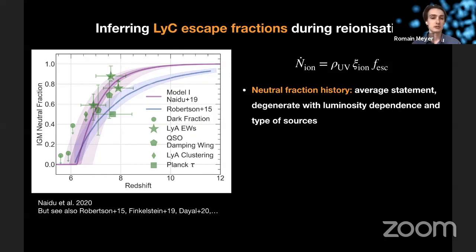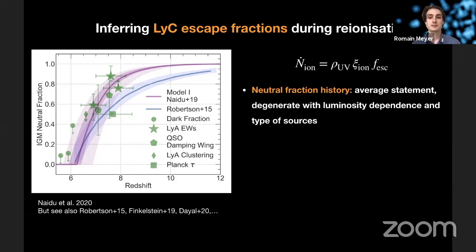So for example, in the paper from Romain, he showed that you can basically fit the same data with pretty much a model with bright sources reionizing the universe with high escape fractions, or a lot of faint sources with low escape fractions. And so today I want to take you through two measurements, which are actually measurements of escape